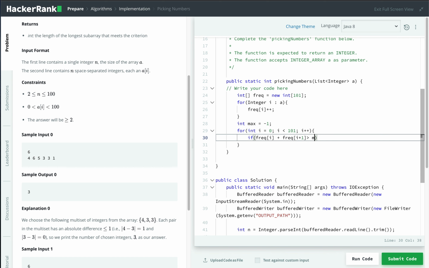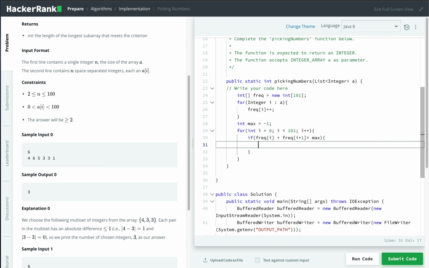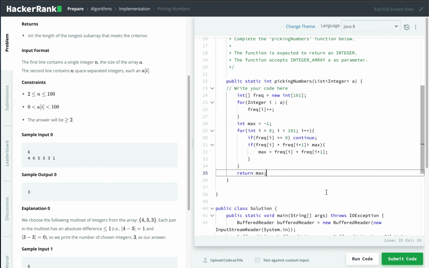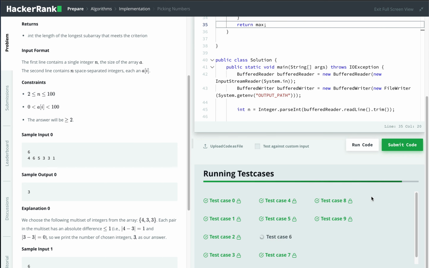If it is more than max, then max becomes that. But if the current frequency is 0, then I will not do anything and just continue, because it means that this number doesn't exist in our input. So why should we count it? So this is our current solution.